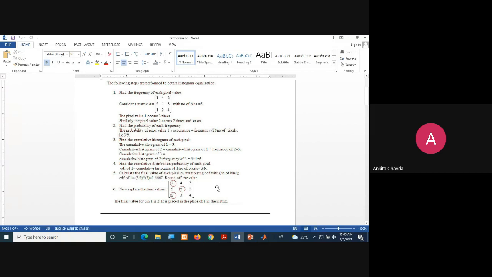You will always round off the values, right? Because you are not giving the value in floating point, because it is your new gray level. Previously it was 1, now it is replaced with 2. So wherever there is 1, here you will replace it with 2, 2 and 2. They have replaced 2, 2 and 2 because you found the new gray value for it. In the same way you will find it for all, right?